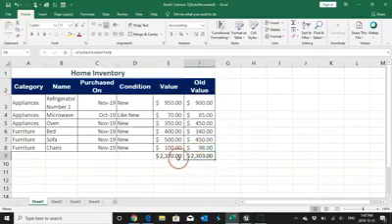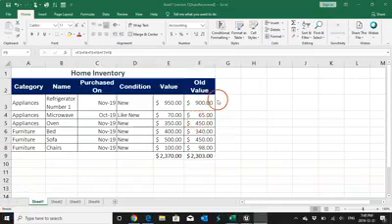Now see the interesting thing. In my cell E9, the calculation shows the addition of E3 to E8. But as soon as I copied this formula to F9, the calculation shows the addition of F3 to F8. So automatically the reference of my calculation changed from column E to column F. This is what we call the relative reference. Now I'll explain what the absolute reference is in a few minutes.